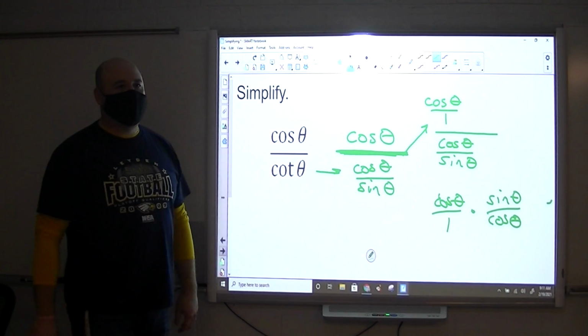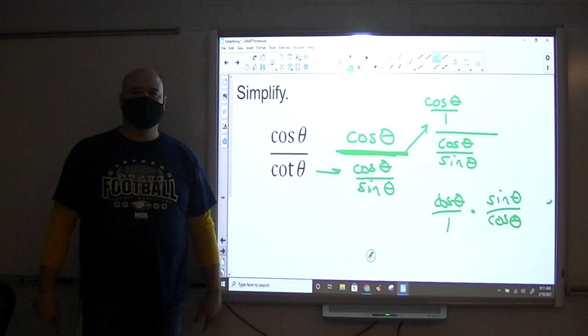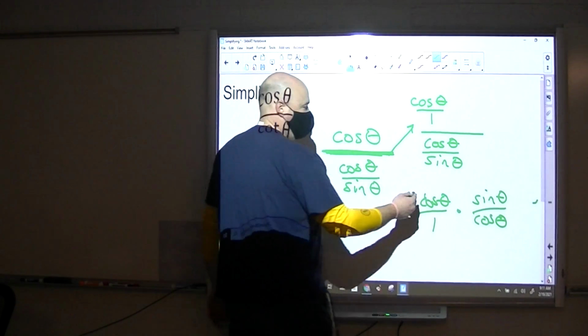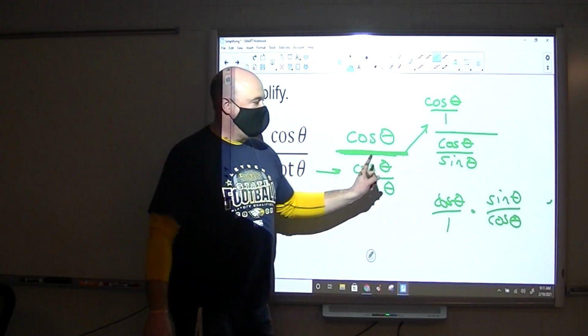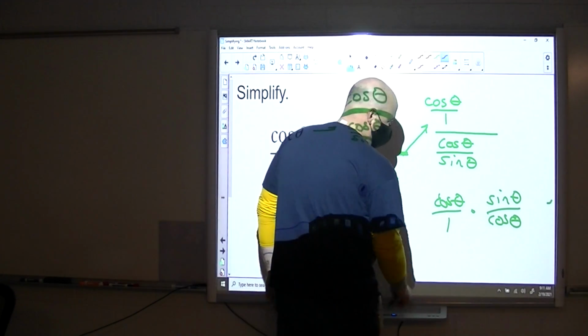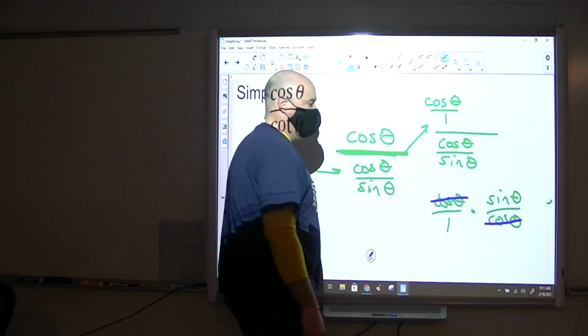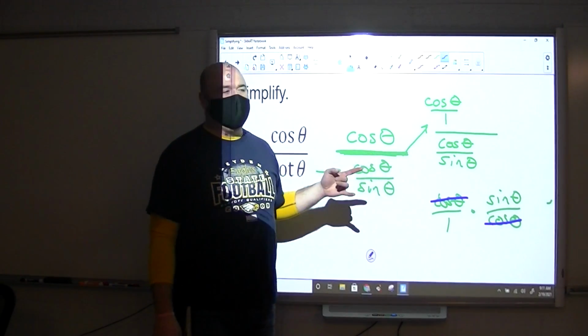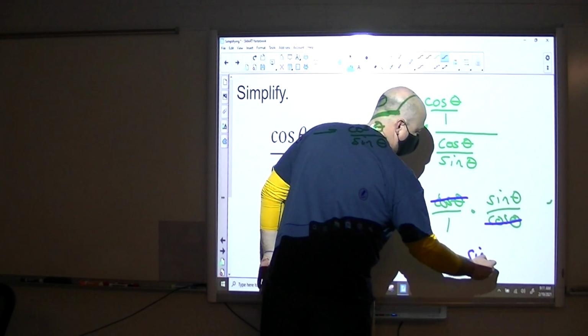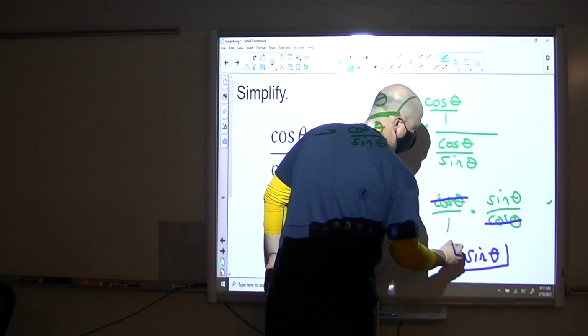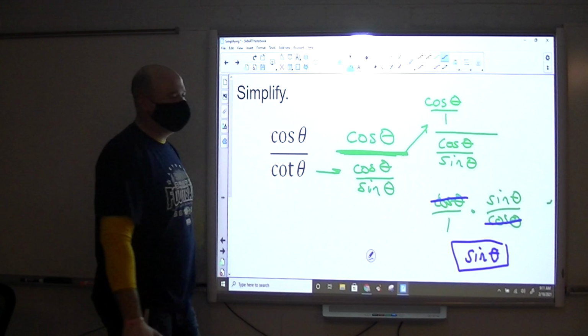And when we multiply fractions, we can cross cancel. So we can, oh, this thing is so sensitive. We can cancel on the diagonal here because the cosines are the same. And now when we multiply across, we have sine theta over 1, which is just sine theta. Now,